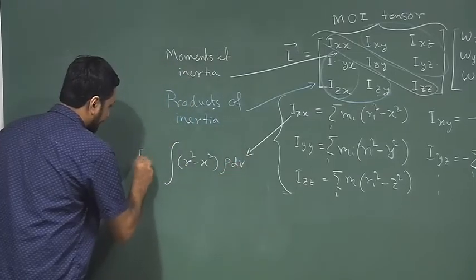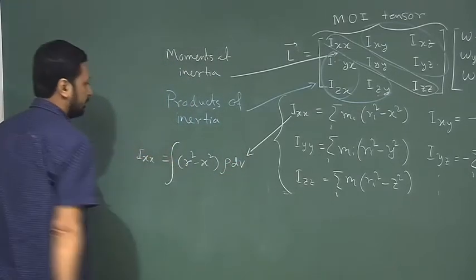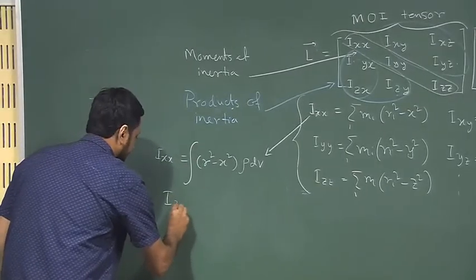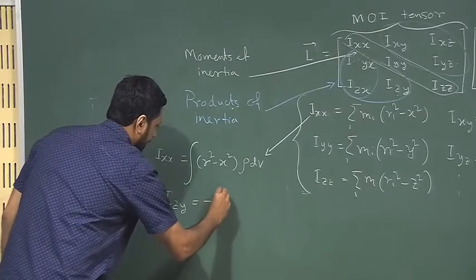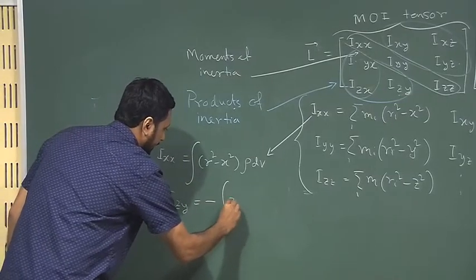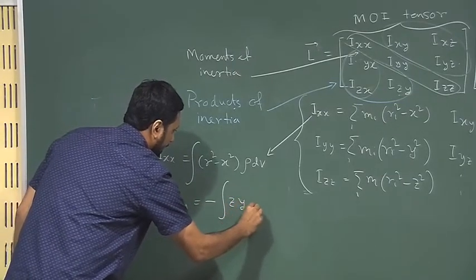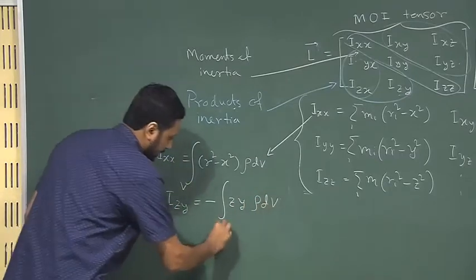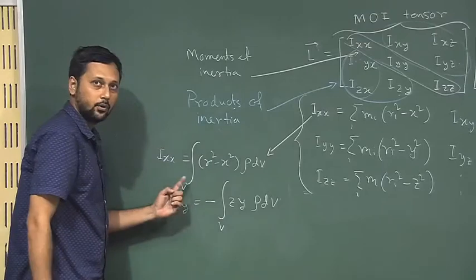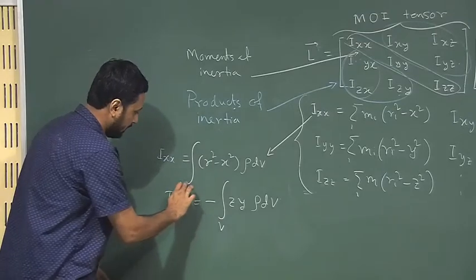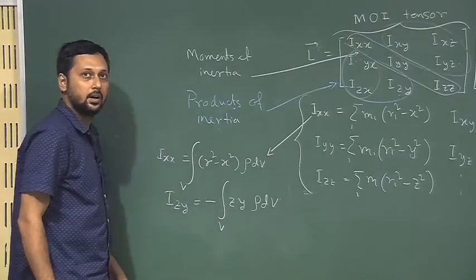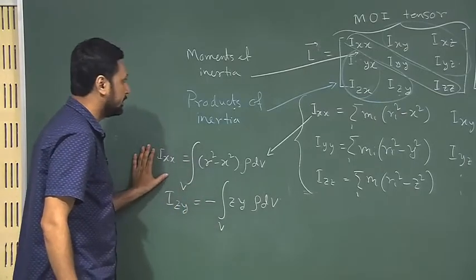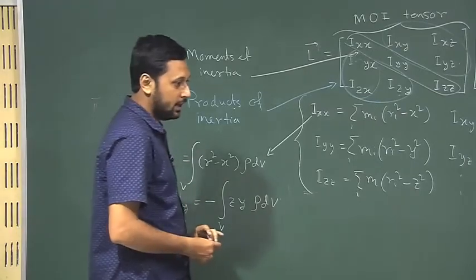So, I x x can be written like this. Similarly, a product of inertia, let us say I z y, can be written as minus z times y rho dv, and the integration is always over the entire volume V of this rigid body. Okay. So, we will take up examples on how to compute moments of inertia and product of inertia, but firstly,